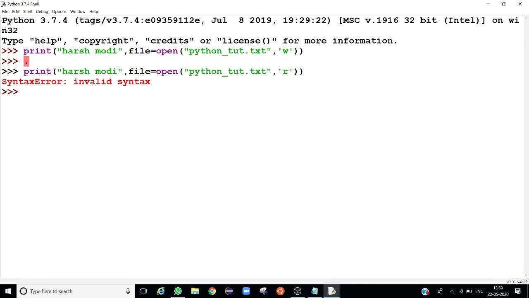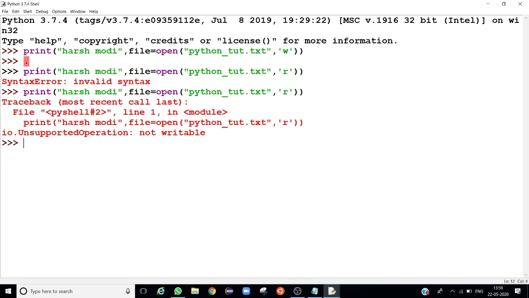Print. One minute. Syntax error because of this full stop. And we will get the error not writable because we have opened that file in read mode.